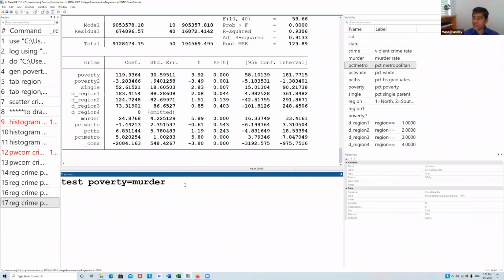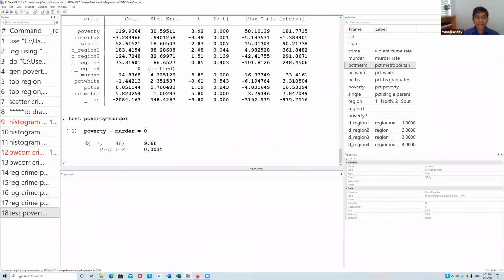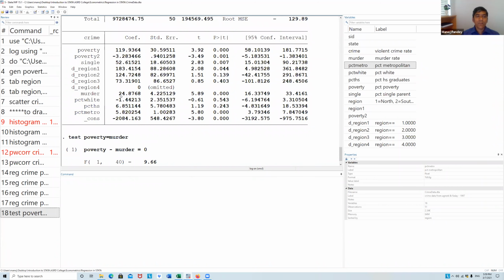This is the hypothesis you are testing, and your F test tells you that yes, they are significantly different. So coefficient of murder and poverty are significantly different. And why we are doing this, what is the intuition behind it? The intuition is that sometimes you see that poverty is as important a contributor as murder or murder rate.